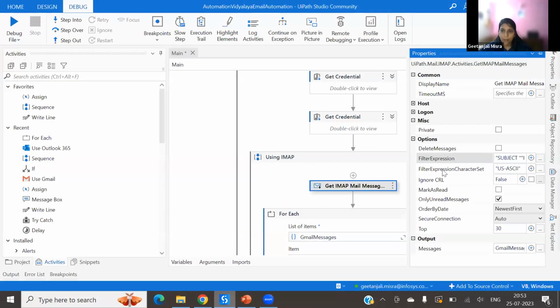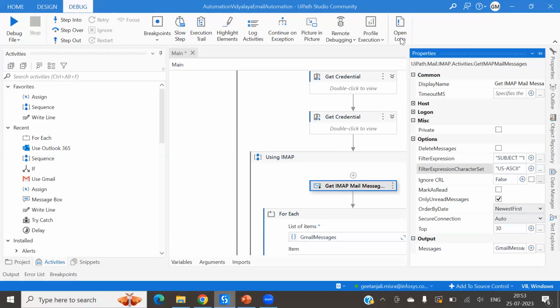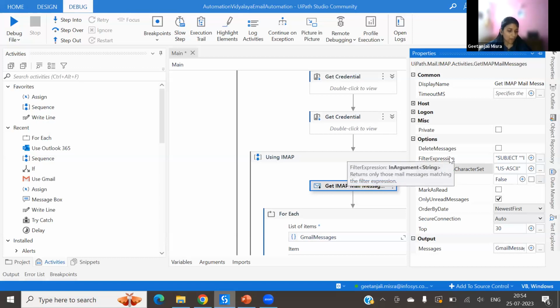Okay. Now moving on to filter expression character set. So what this basically tells us, do you guys know what US ASCII basically means? Sorry. Any idea what ASCII is? It's a character set. Yeah, correct. So basically, it's a character set for the numbers 0 to 9 and A to Z, and certain further